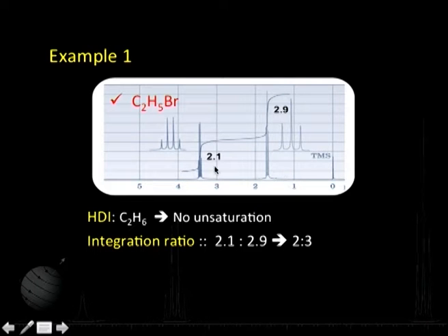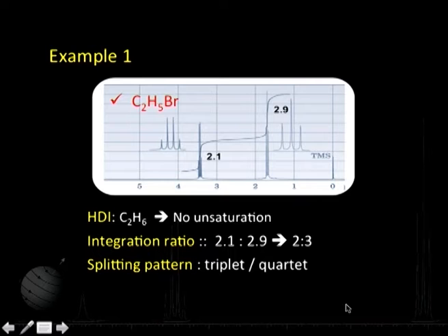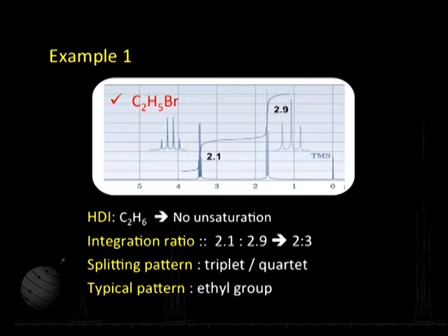So, this is a 2 proton, this is a 3 proton signal. Another thing we should look for is any splitting pattern we see. We see a very beautiful splitting pattern here. This is a triplet and we got a quartet here. A triplet for 3 protons and a quartet for 2 protons is glaringly typical of an ethyl group. So, we are very sure that this is an ethyl group. The typical pattern happens to be an ethyl group and the structure becomes very obvious that it happens to be ethyl